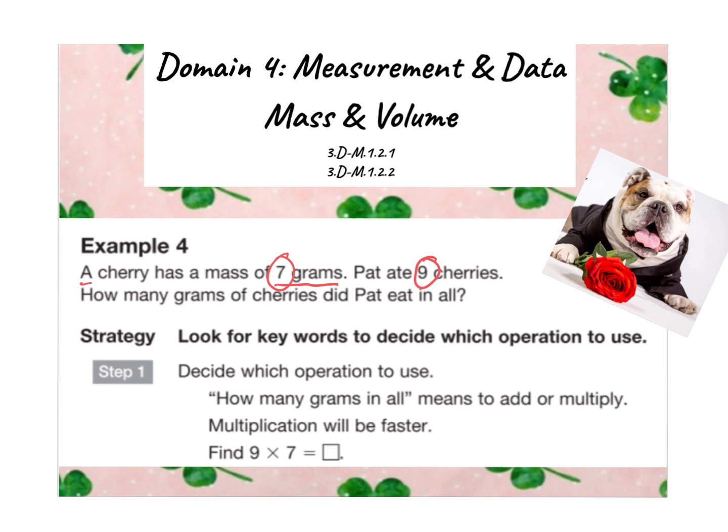9 times 7, you can do your 9s trick where you put your 7th finger down and you have 6 fingers on one side, 3 fingers on the other to give us that 9 times 7 equals 63 grams of